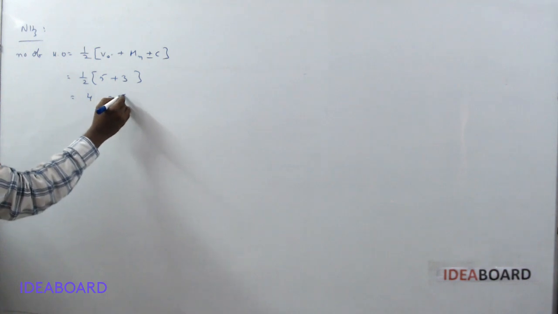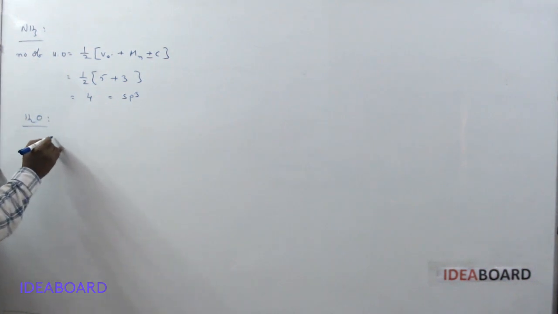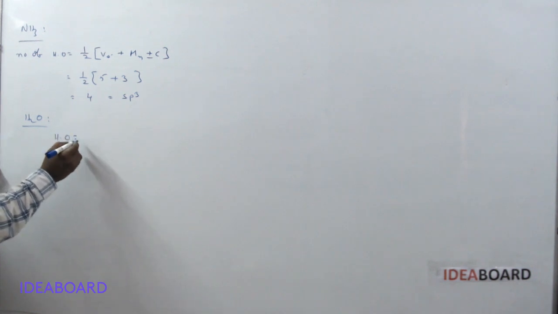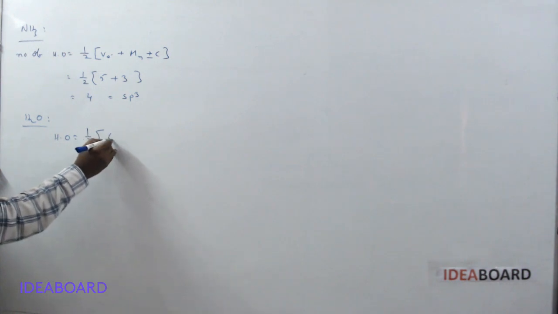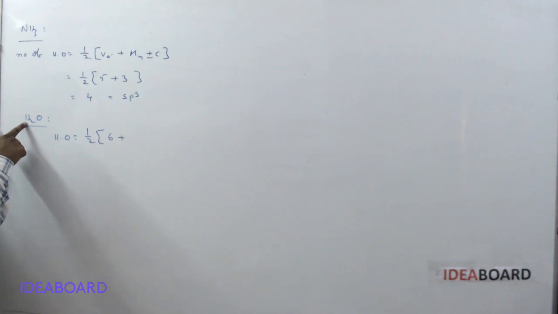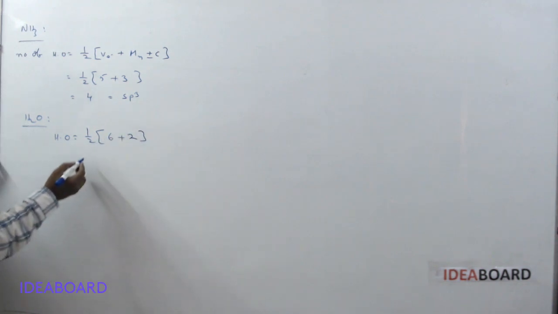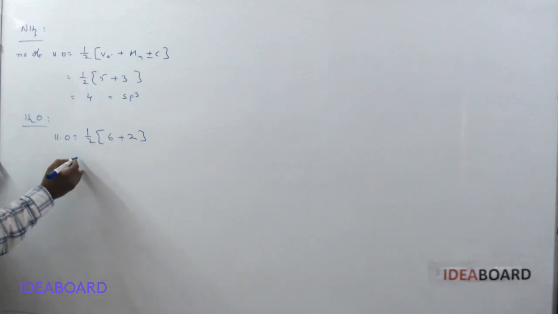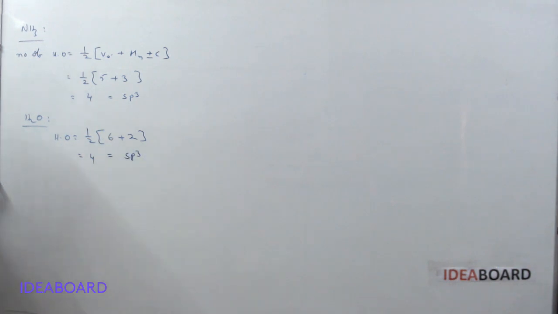So what is the hybridization possible? sp3. And next, suppose you are having the H2O molecule. In this H2O molecule, the central atom is oxygen. So the number of hybrid orbitals is equal to half into the number of valence electrons of oxygen. Oxygen is a sixth group element. So 6 plus hydrogen atoms, which are monovalent. There are 2 monovalent atoms. So 6 plus 2 means again 8. 8 by 2, we will get 4. 4 means it is also sp3 hybridized.